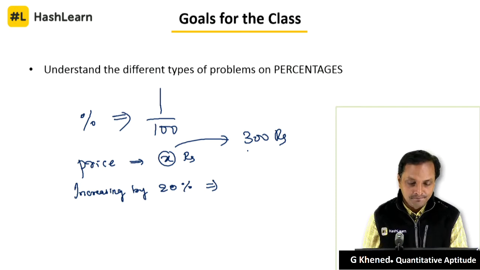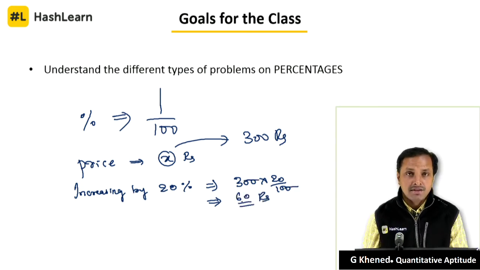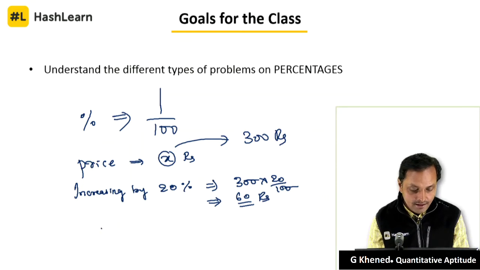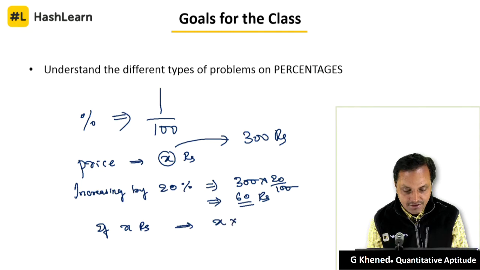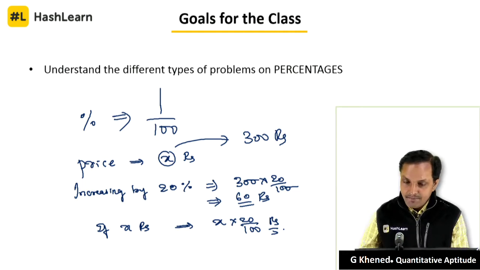What does it mean? 300 into 20 by 100. So how much is that going to give you? 60 rupees. So this is actually the basic calculation, but I will tell you the best method in the next slide. If x rupees was there, that will become x into 20 by 100. So many rupees is 20%, but the best method is